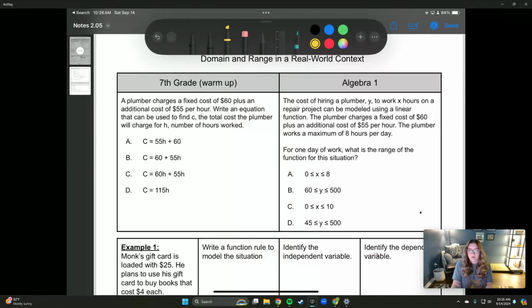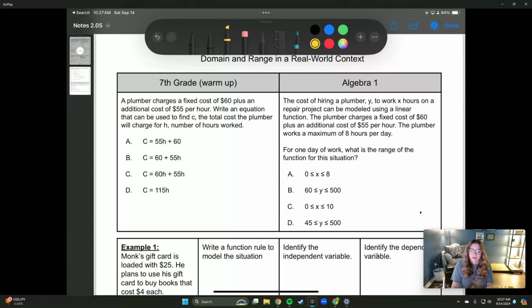Alright friends, today we're going to go over notes 2.05. Don't forget you are following along. Some of these you're going to do on your own, and when you're all finished you're going to put these in your Algebra 1 folder that you created that second week of school. If you have not done that yet, you need to get doing that because I am about to put those